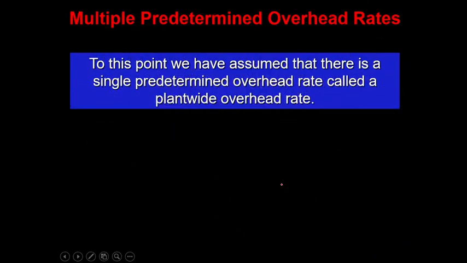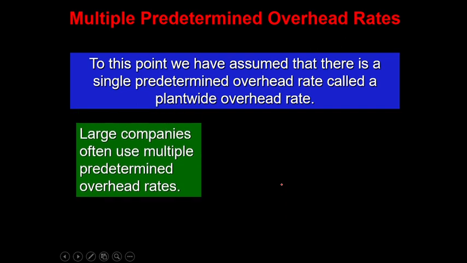Anyway, let's talk about multiple predetermined overhead rates. So to this point, we have assumed that there is a single predetermined overhead rate called the plant-wide overhead rate. Yun yung sinabi na ng GAP okay? Pero there are reasons why you can have multiple predetermined overhead rates. Like for example, for large companies, they use a lot of predetermined overhead rates kasi nga, you cannot just apply a cost using